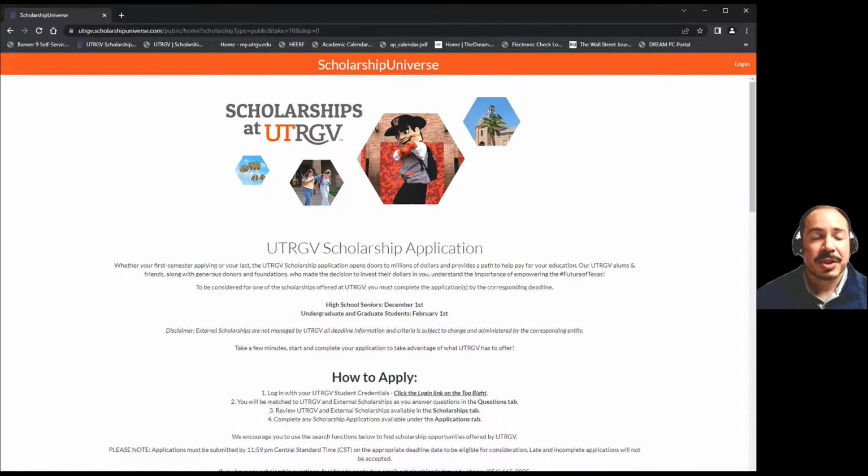Today, we're excited to share with you Scholarship Universe, UTRGV's new scholarship application. We wanted to show you what students would see as they first log on to complete their scholarship application. To access the scholarship application, students will have to visit